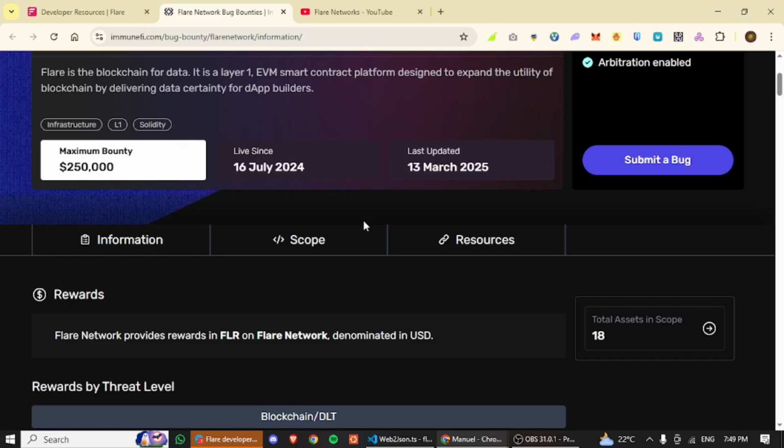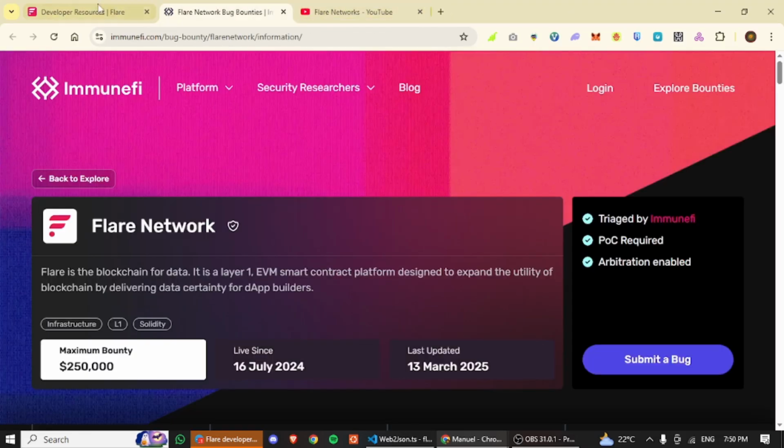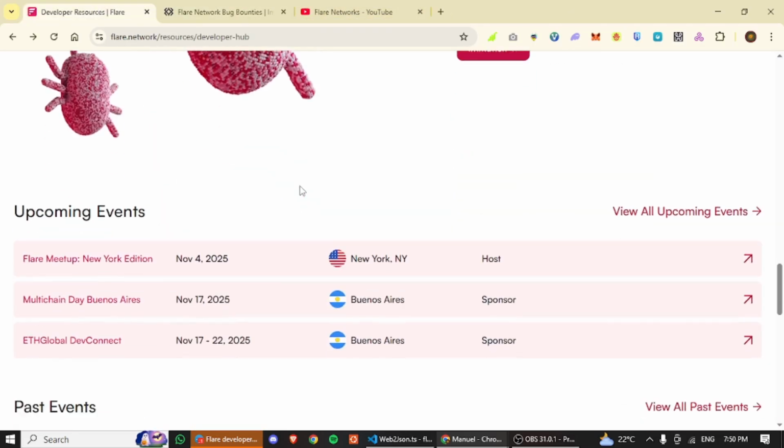And the Immunefi is open. It's not just for Flare, it's open to a number of other projects, and you can always come here and check out where you might be of help. So specifically, this is for Flare. If you have a solution to something you might have identified within the protocol or within some of the ecosystem projects, perhaps if that's what they require of you here, you can submit. But yeah, it was just to show you that this is also there.